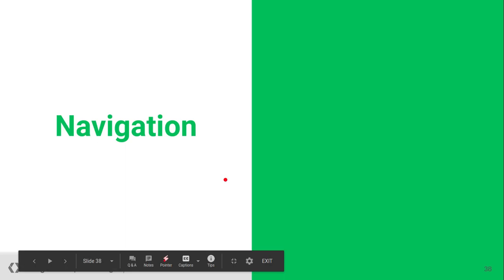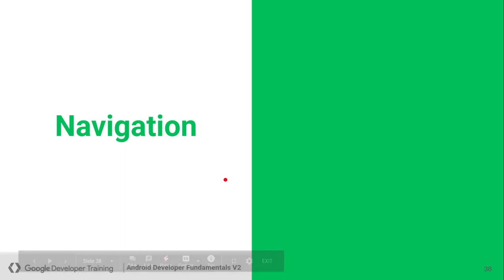Navigation is the most important factor in an Android application. We navigate from activity 1 to activity 2, then activity 3, and we navigate back to activity 2 or activity 1. For example, we have an application to place an order for a store. There will be a main activity which shows different options to the user.